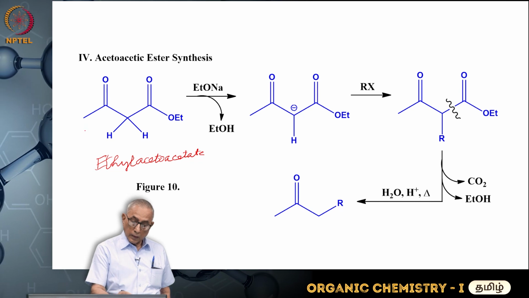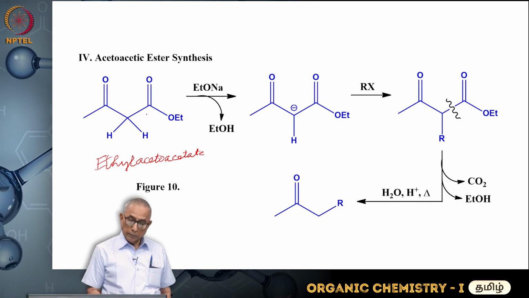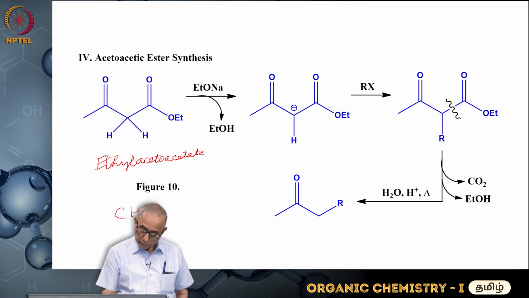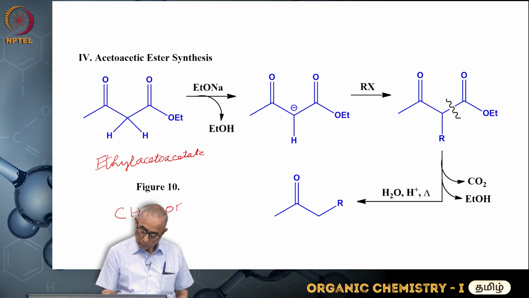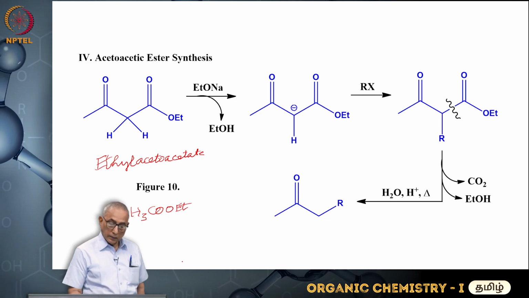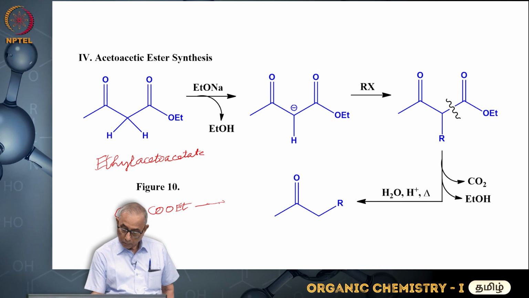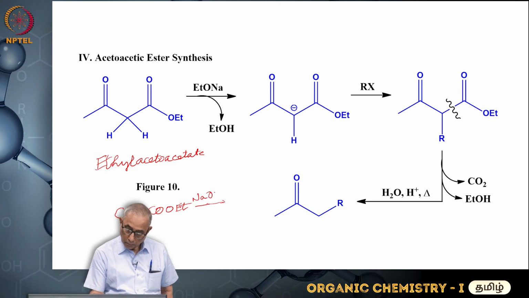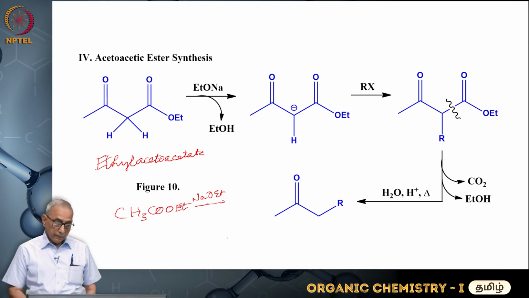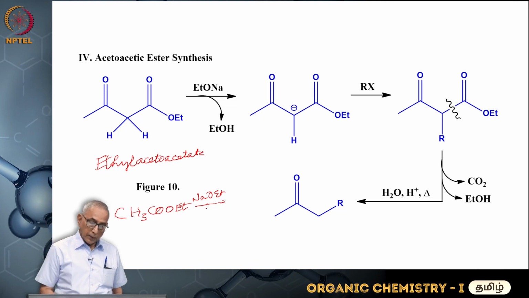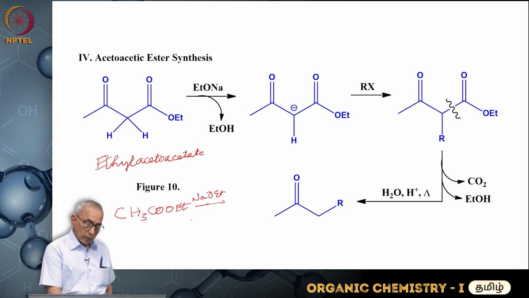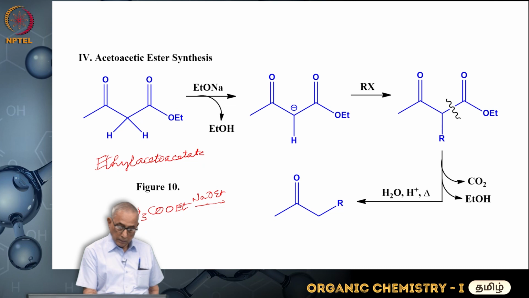Here you can see a total of 4 carbons. It is prepared from ethyl acetate with sodium methoxide. Sodium methoxide is a powerful base. That's EtO minus and sodium plus. The EtO minus can abstract a hydrogen from this CH3COOEt, forming CH2 minus,